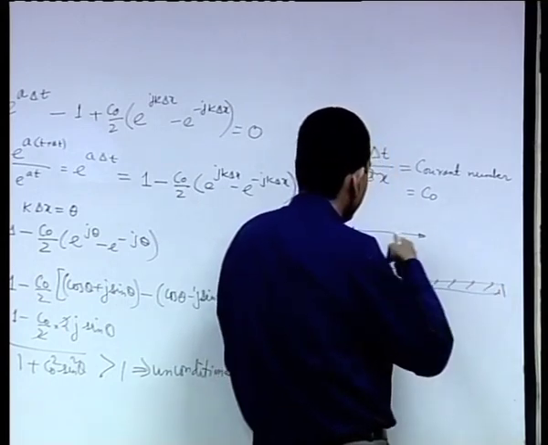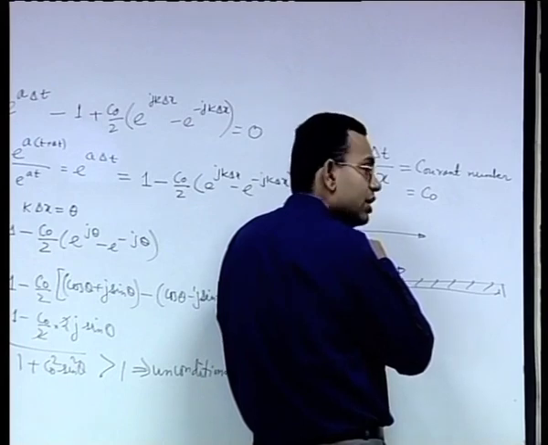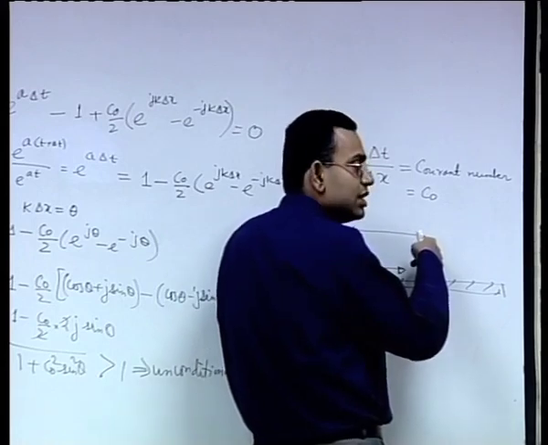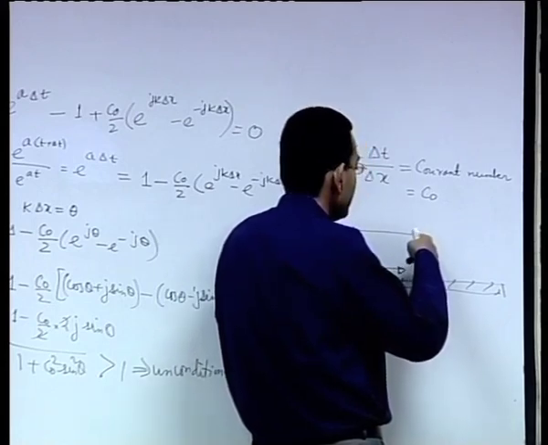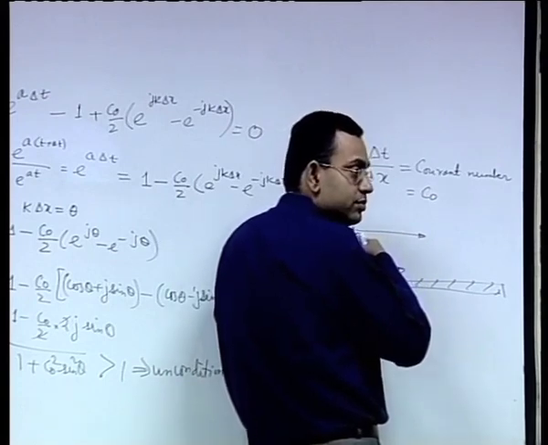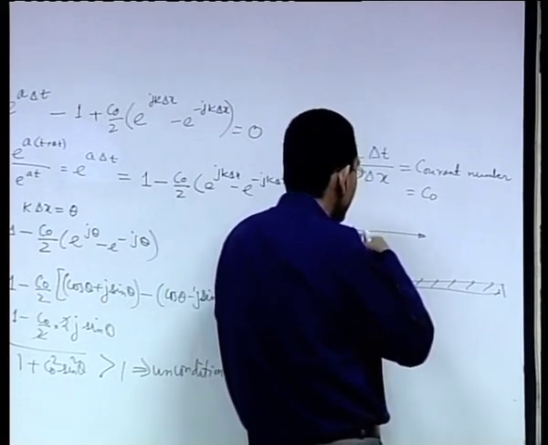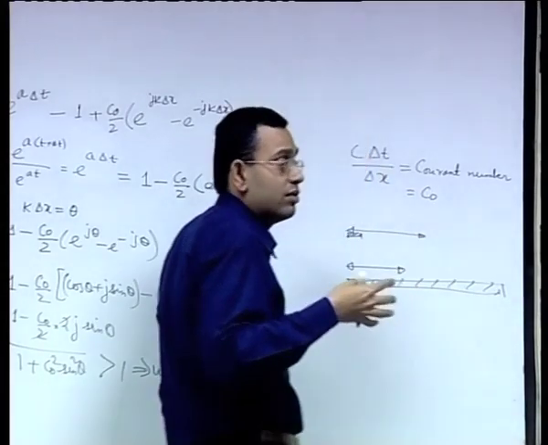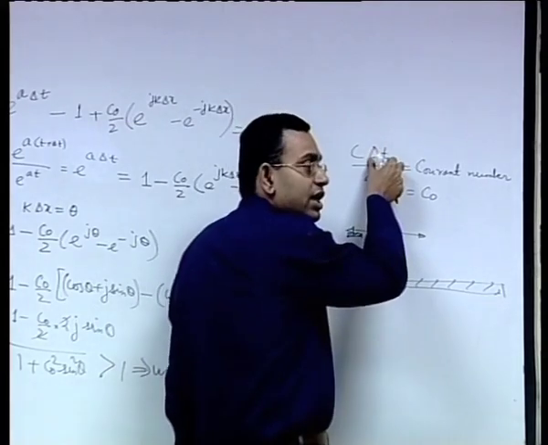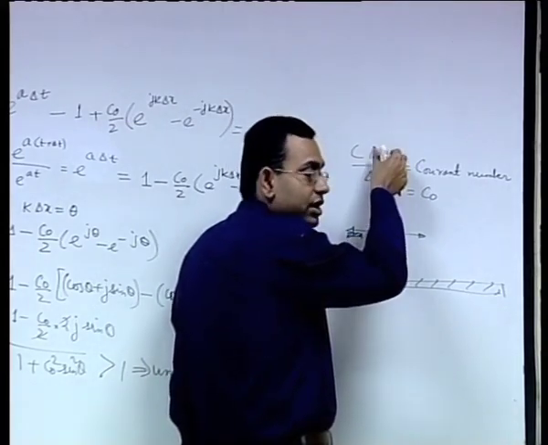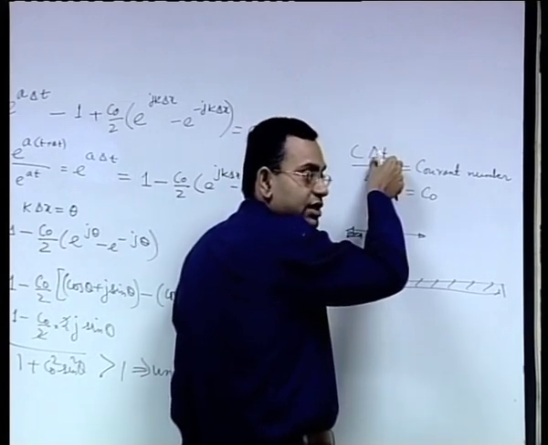On the other hand, if you have such a small grid, then your disturbance will be propagating a large distance, and that distance is not covered by a single grid. So that single grid only covers a smaller part of the disturbance propagation, which is not resolved. Remember, delta t is the smallest time that is resolved. You cannot resolve a time less than delta t in a discretized system.